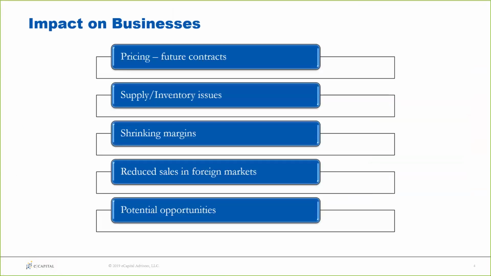So some of the impacts that it can have on your business. The biggest one is pricing. We've talked to a client who had a giant contract in place to provide building materials for a large project. The contract was at a fixed price per unit, and with the new tariffs coming in, all of a sudden their material costs went through the roof, and they actually had to cancel that contract. Fulfilling the contract just would have